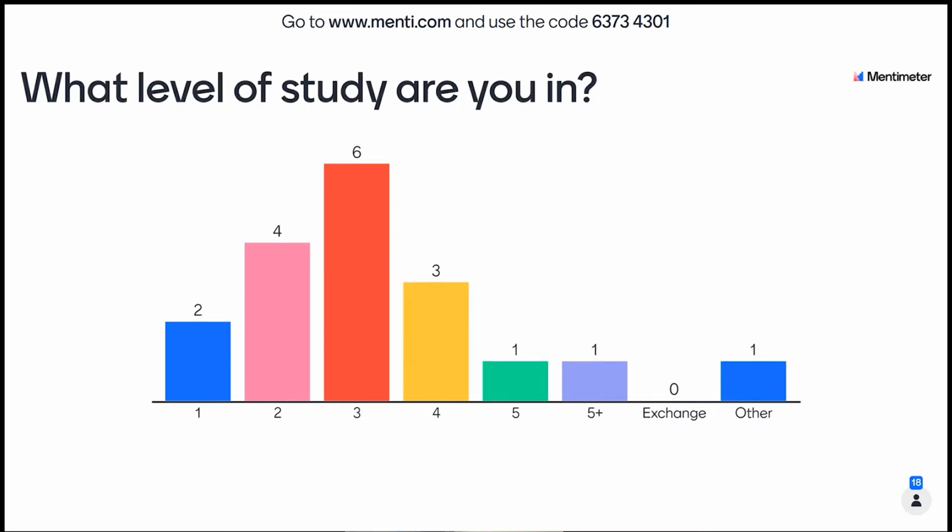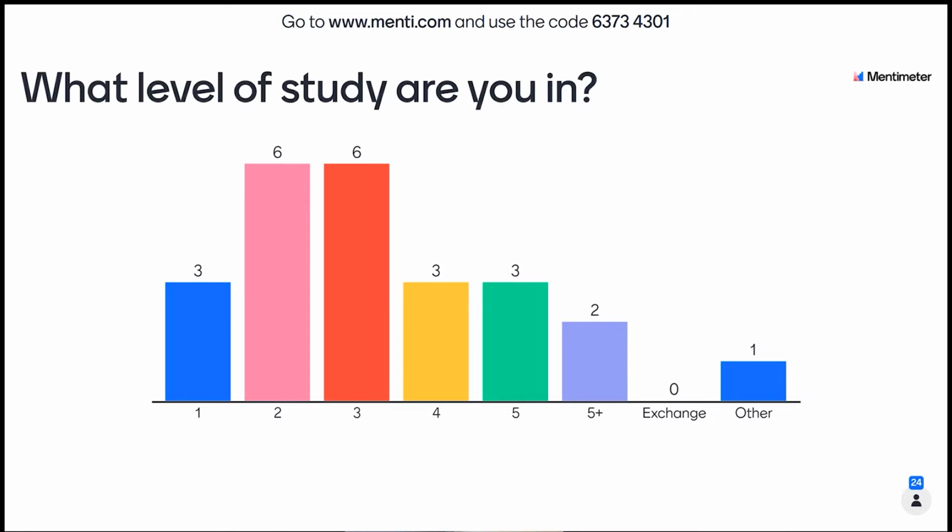I think we have about 32 participants, so we'll wait till we get a few more in. Very happy to see first and second year students. You guys are getting ahead of the game, so you have lots of time to get more familiarized and practice cases. So you're definitely in a good position to be applying for, or even now for, the different internship opportunities within consulting or more widely. But a nice bell-shaped curve there. So that's great to see.